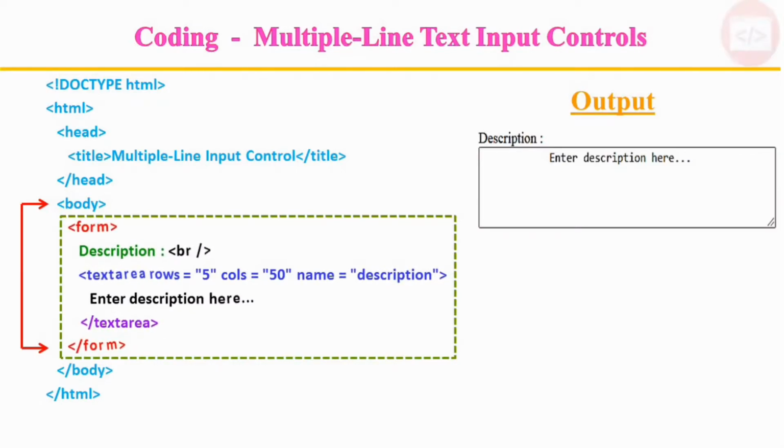The row specifies the number of lines in the text area and the column specifies the width of the text area. Text area allows us to type in multiple lines. Text area is resizable by the user. In most browsers, the text area element is resizable. The scroll bar will automatically appear if needed.